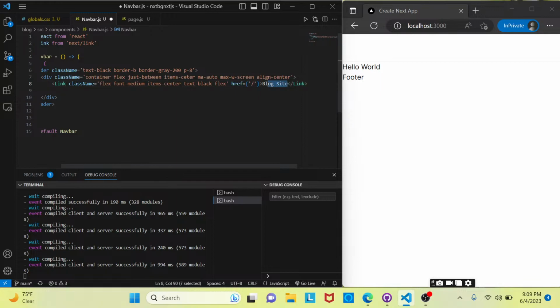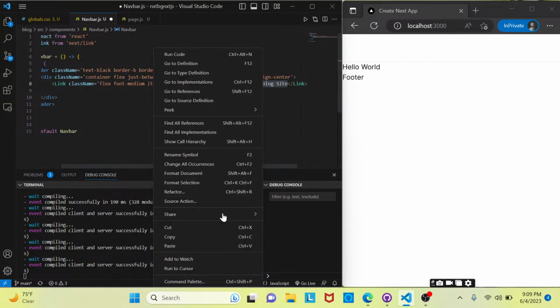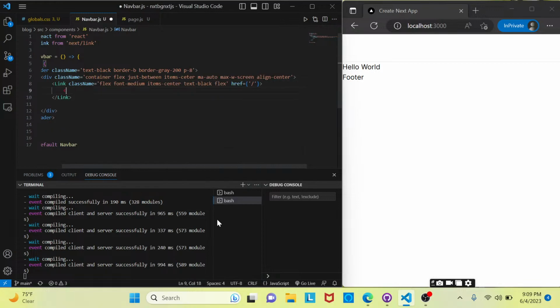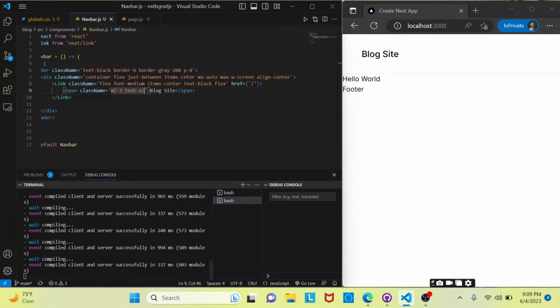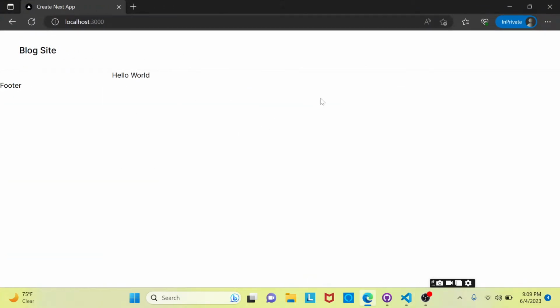And I tell you what, let's put this inside of a span so we can style it even more. So we can target it better. So we'll go inside of the span. We'll give this a class name, 3xl. And okay, I'm going to change that font, but this is what we want as far as the